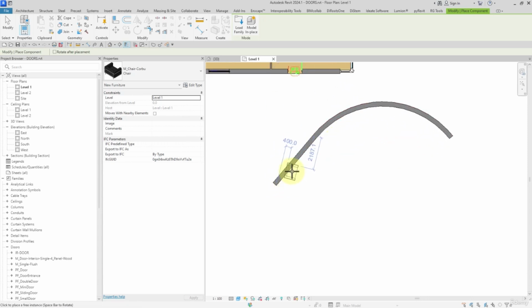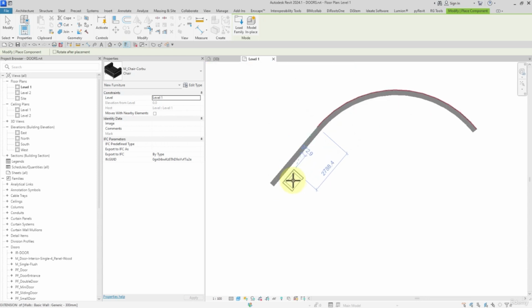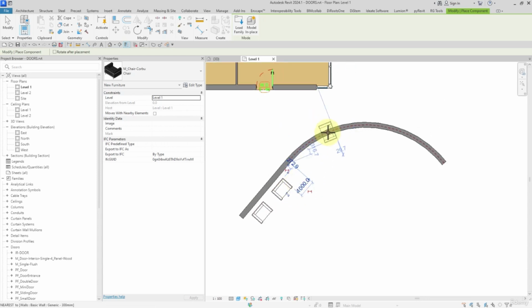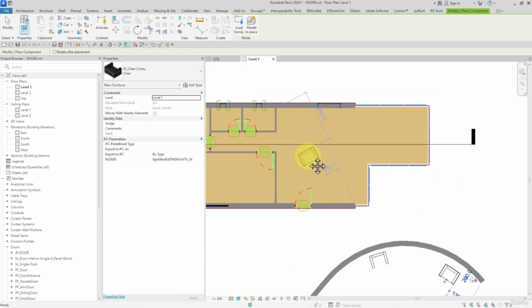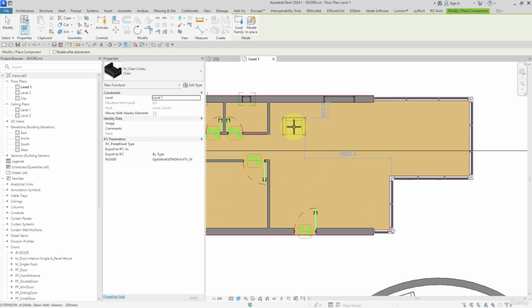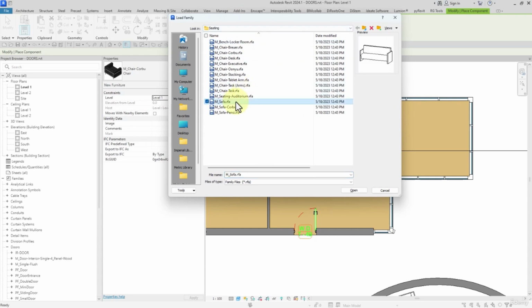So if you wanted to align the component with other elements, you can just press the space bar and then align them, then place the components this way. Or in the building, watch this, I add them parallel with the wall,